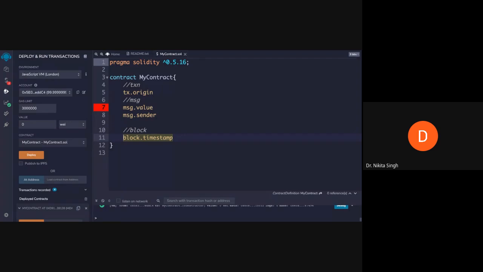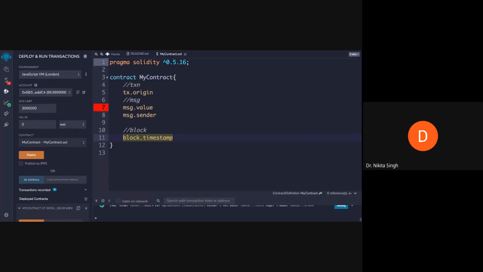So with mapping, you can do that. You can have key value pairs, which allows you to bind your address with whatever amount of ether is present in your account.